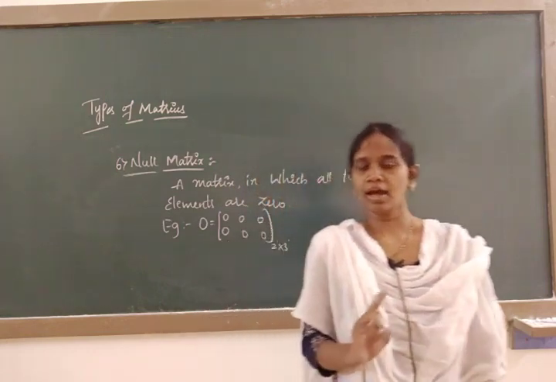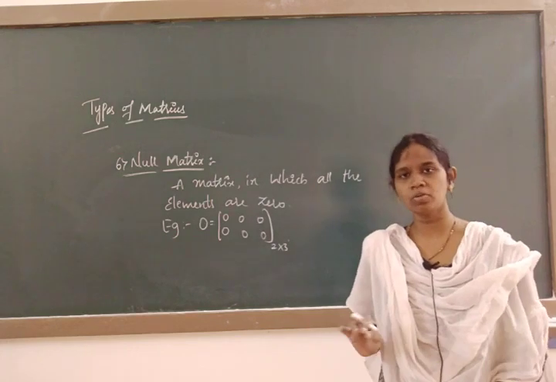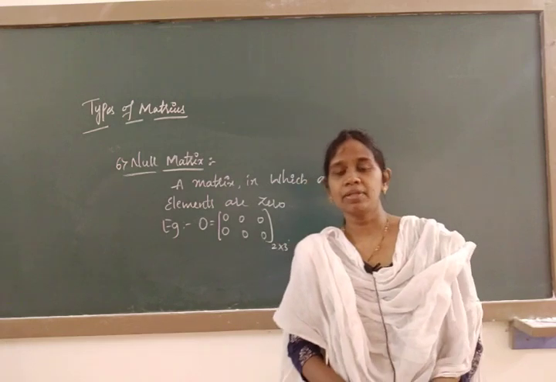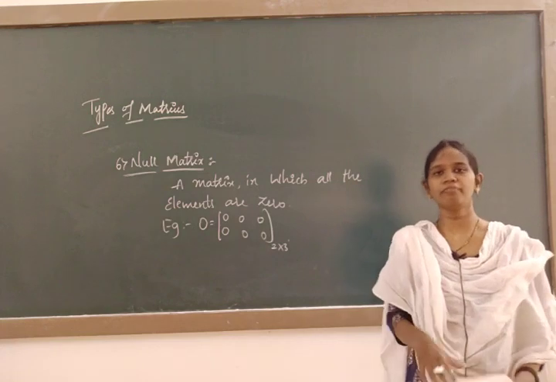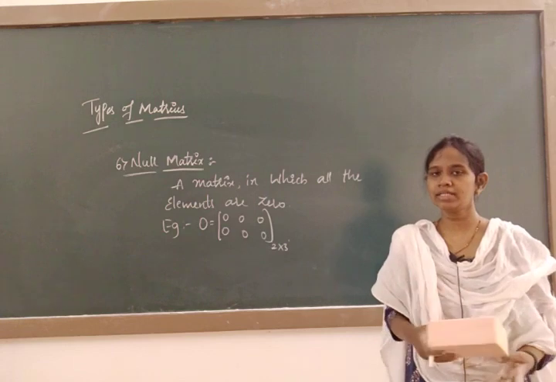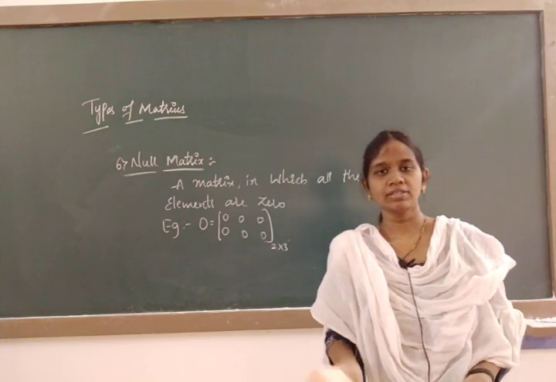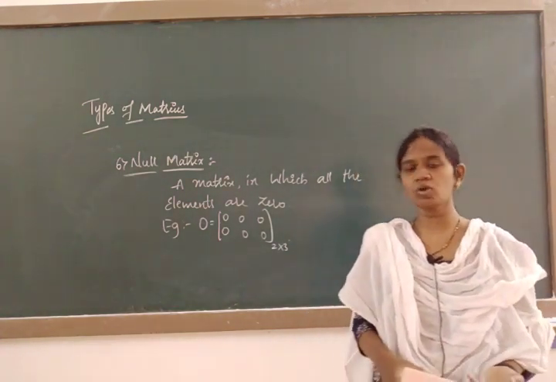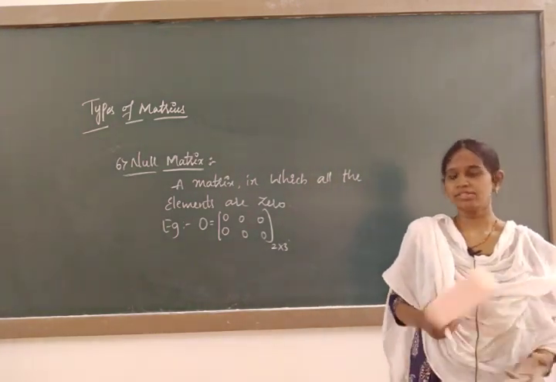So this is about the types of matrices we have studied. In your examination, either identity, scalar or diagonal matrix is a question repeated so many times. Now, coming to the next topic, the operations on matrices, or else you can also call it the algebra of matrices. So what are the algebraic operations? We all know: addition, subtraction, multiplication and division. But in the case of matrices, addition is possible, subtraction is possible, multiplication is possible, but division is not possible. That we will take later. So first we will study addition.